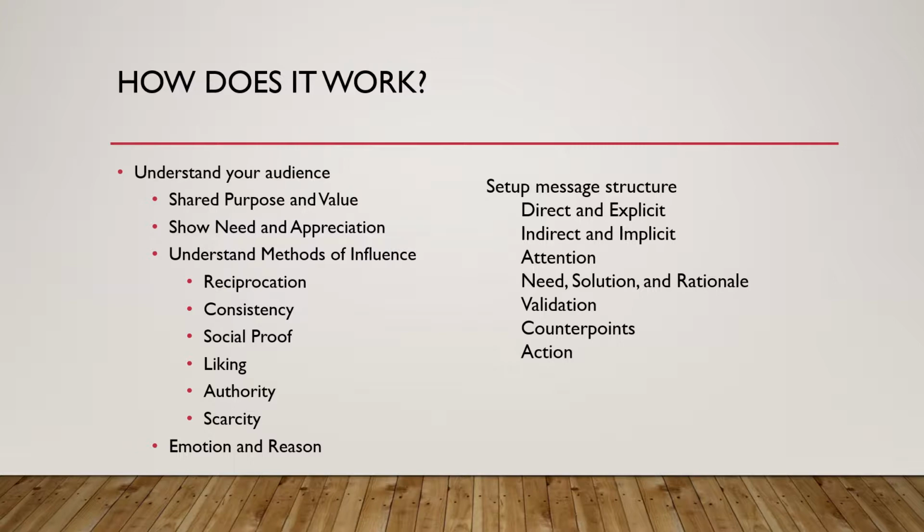Under methods of influence, there are 6 principles of persuasion. Reciprocation is based on returning favors. Consistency is based on the idea that people tend to follow a commitment. Social proof is that people determine what is right, wrong, or desirable by seeing what others do. Next is liking. People are more likely to be persuaded by people they like. For authority, people basically follow authority figures. And lastly, there is scarcity. People think there's a limited availability of something they want or need, so they must act quickly.